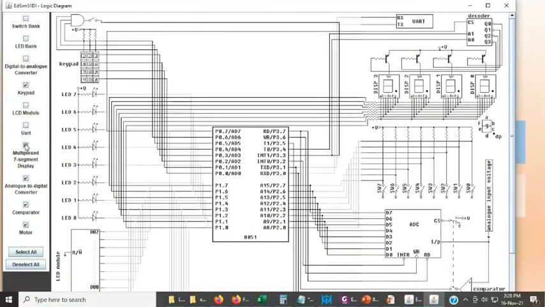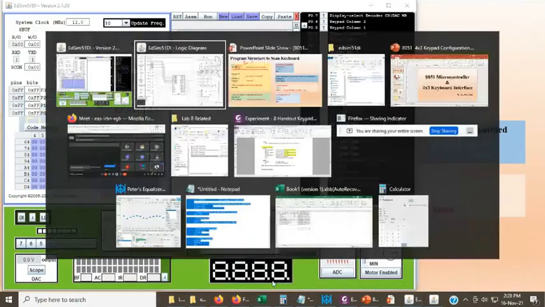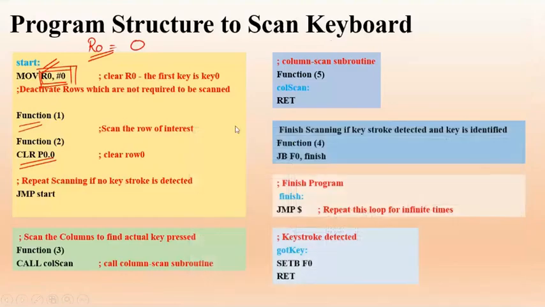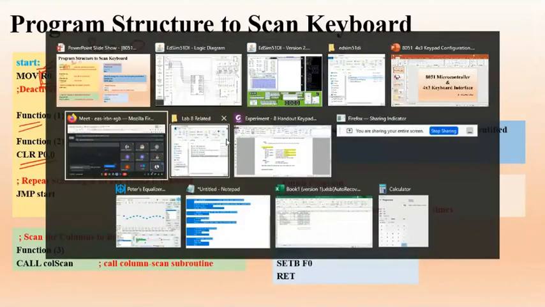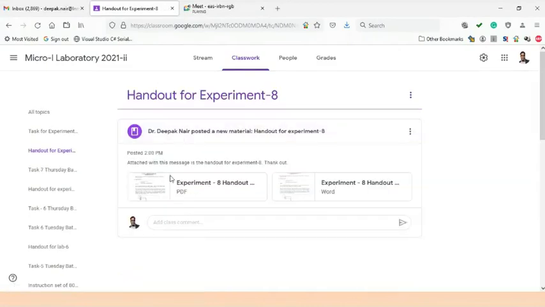Just I will keep the keypad on. Rather, I will take the help of the handout. Why to go for this? This still looks a bit confusing for you. I'll take the help of the handout. This is Word PDF.